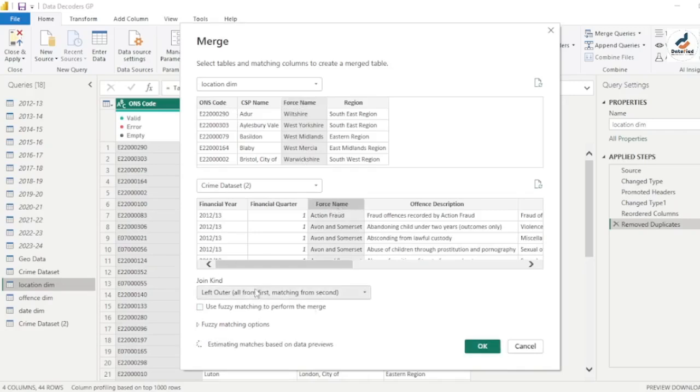Now it's going to tell me the kind of merging that he wants to do, the kind of join. So saying that he wants to do a left outer join, all from the first matching the second. So everything from the first table that is unique, it will join it based on everything that he sees here that is unique, right? So everything from the first,